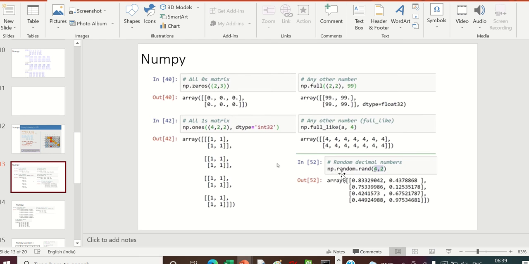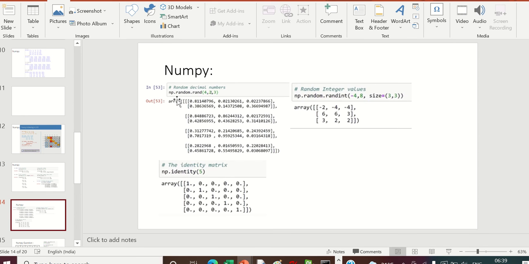Then np.random.rand(4, 2). So this is a random matrix. It will generate random numbers, 4 rows and 2 columns. This is how you generate different types of matrices. np.random.rand again with 4, 2, 3, and then the identity matrix.